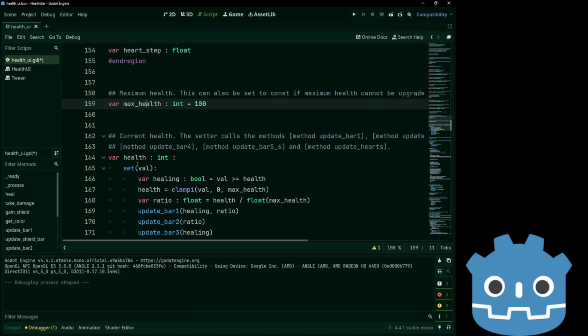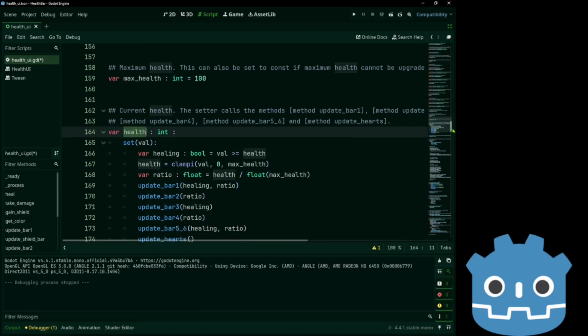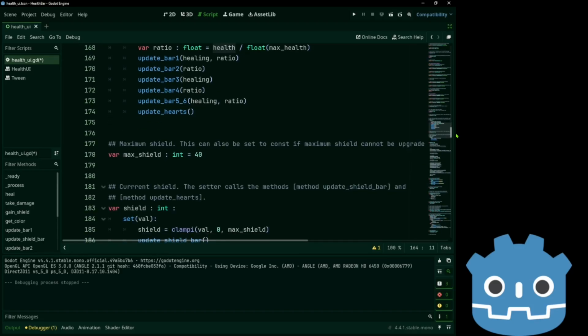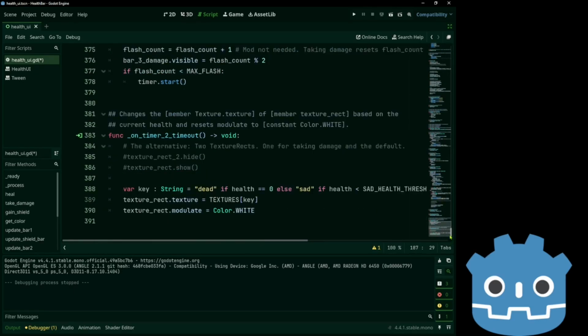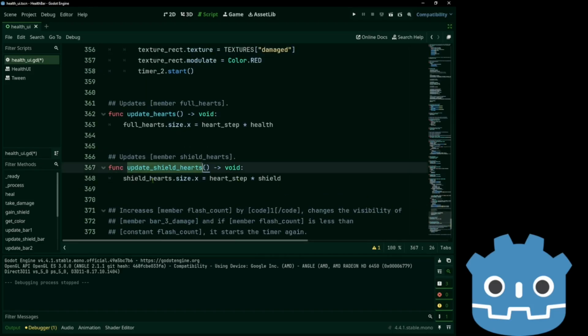Now we have max health and health, max shield and shield. I've also made a change with the hearts function. I have split it into 2 different ones. Let me change this over here. The update shield hearts is just changing the shield hearts.